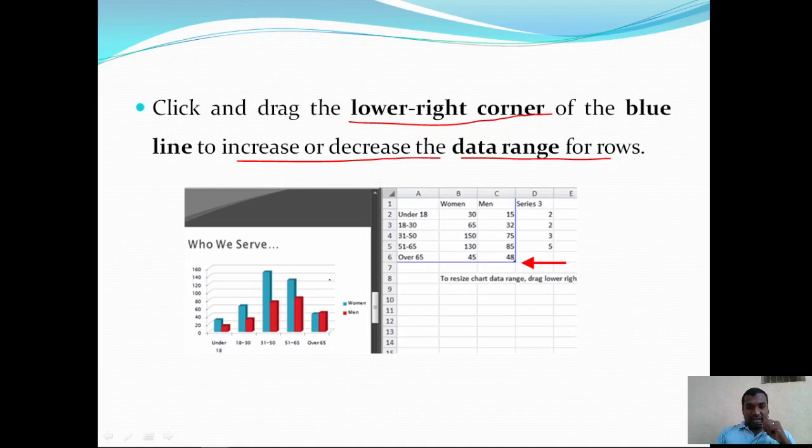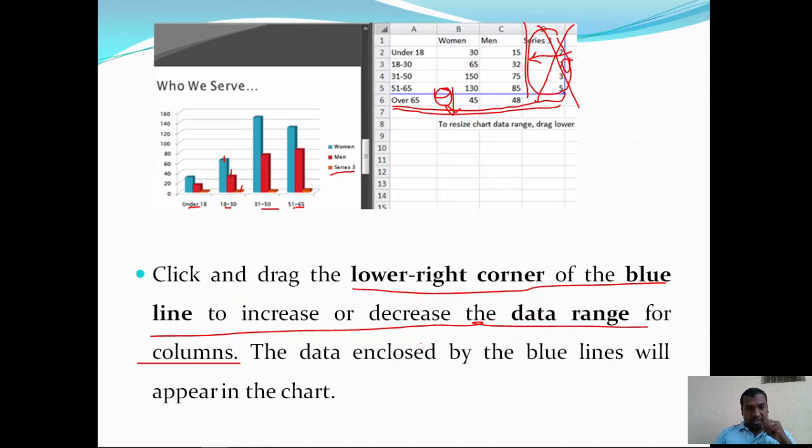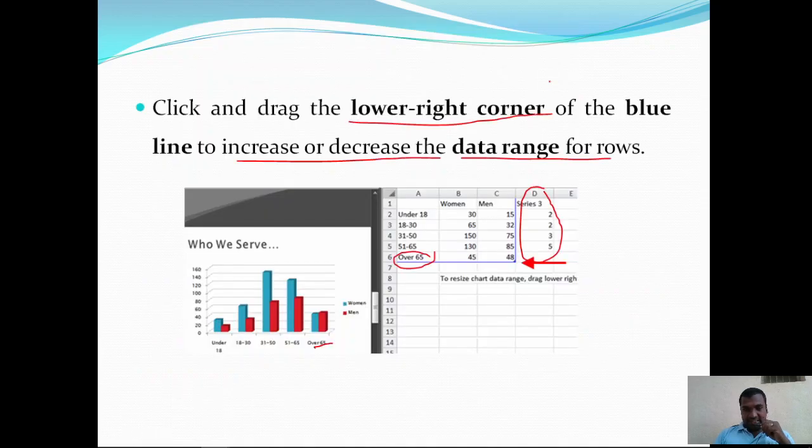Okay, so you can observe here, this series 3 data is going to disappear from the chart, and over 65 values are going to appear here. So you can observe here, we don't have any over 65 but we have series 3 values, and in this particular diagram we removed series 3 and included over 65.